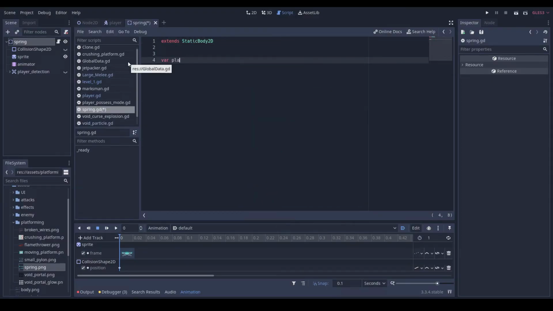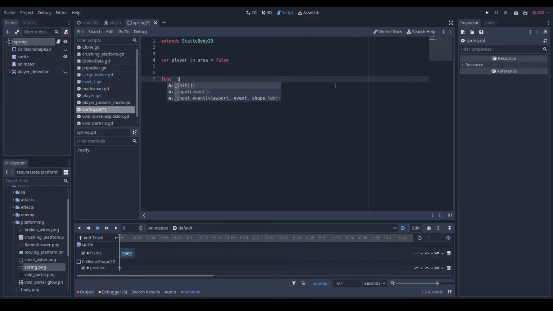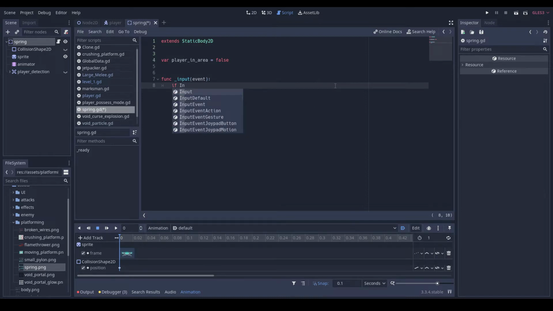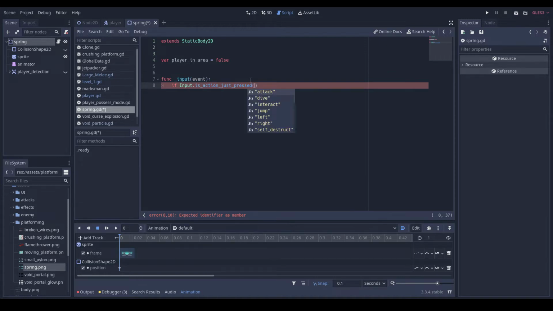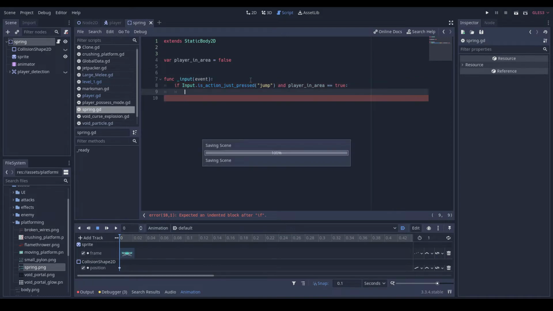Do var player in area is equal to false. Func input event, if input, actually sorry, yeah, dot is action just pressed jump, and player in area is equal to true. Then